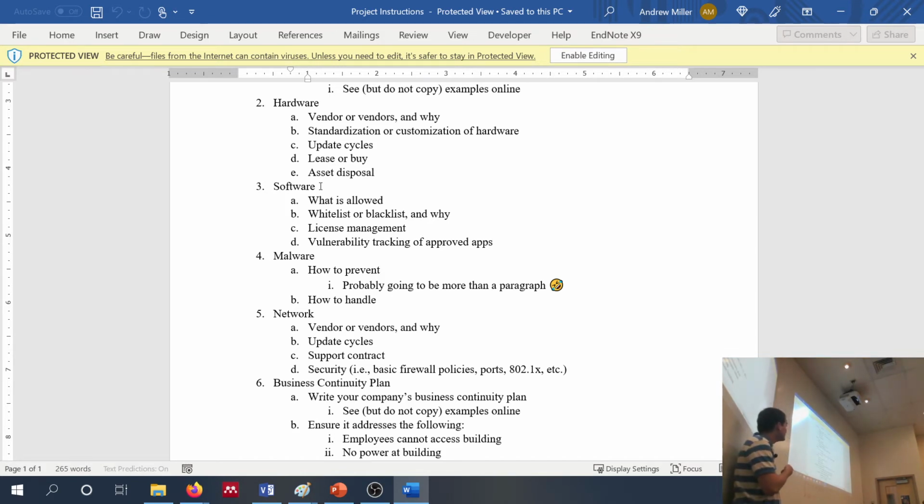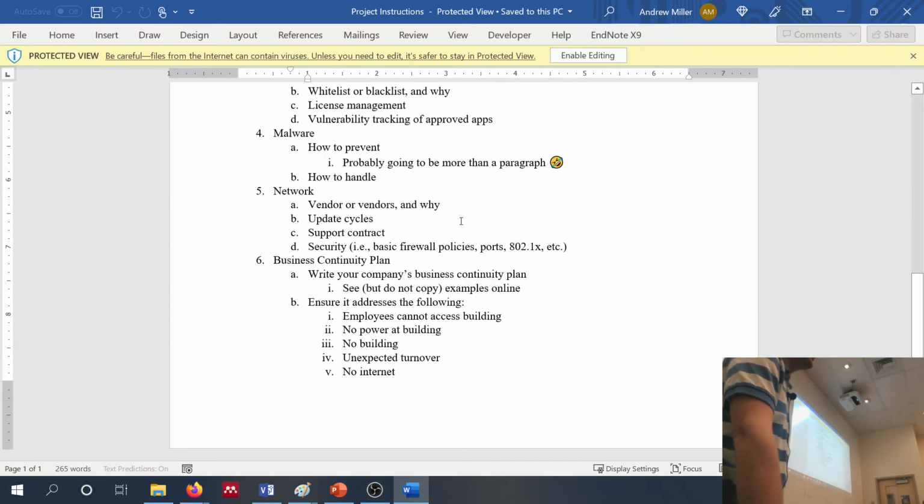All right, then finally, you have your approved applications. Presumably your company has some applications that they're using, right? Is everyone with me? So you're tracking the vulnerabilities of that, and you're describing how you go about that and how you handle when there is a vulnerability. Okay, this also includes scanning the systems for vulnerable applications. All right.